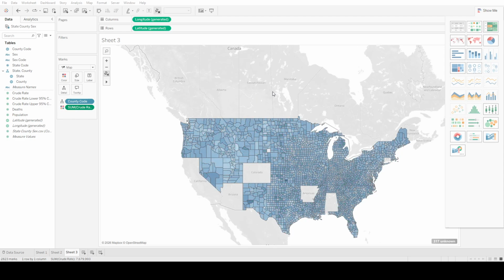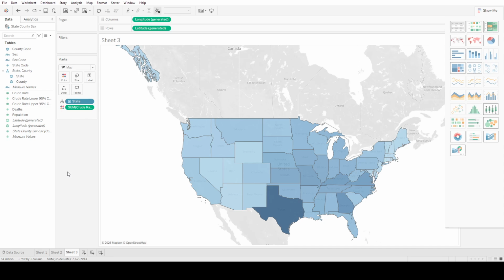The limit is basically what you want to do, and just explore and create. And it happens that you don't want to see this by county, but you only want it by state. Then you can just remove this, or we can create filters and drill down